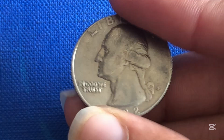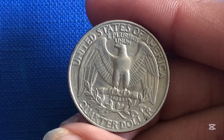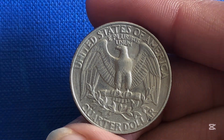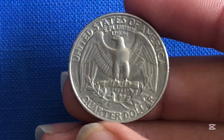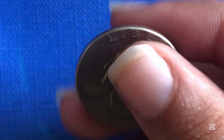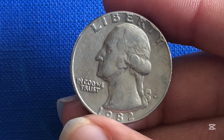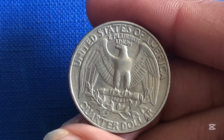Fast forward to today, and the numismatic world continues to be fascinated by this coin. Collectors and investors alike hunt for high-quality specimens, knowing that their scarcity makes them highly valuable. The Professional Coin Grading Service, PCGS, and the Numismatic Guarantee Company, NGC, have graded thousands of these quarters, but only a handful have achieved the top-tier grades required to command significant premiums. Among them, one particular 1982 D Washington quarter stood out above the rest, shocking the coin collecting community when it